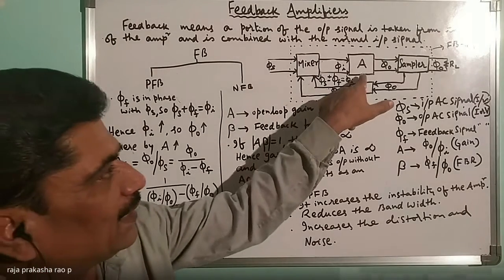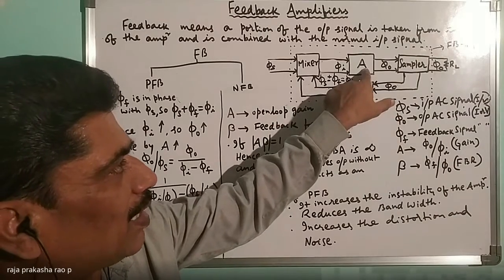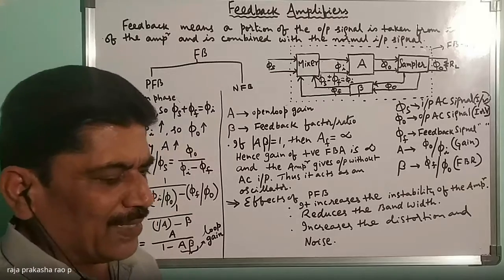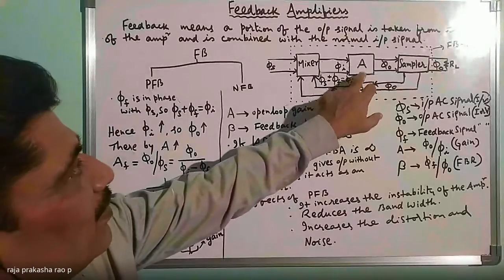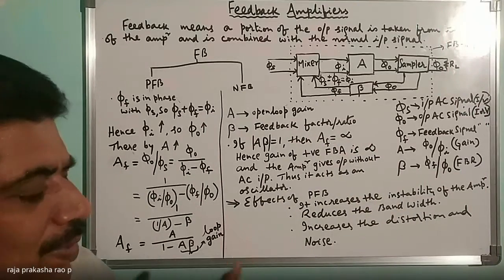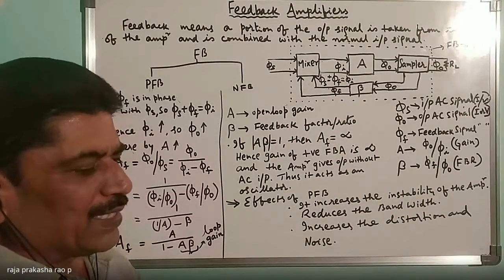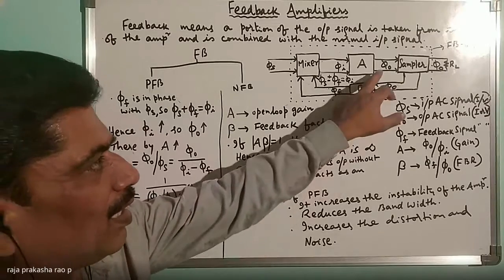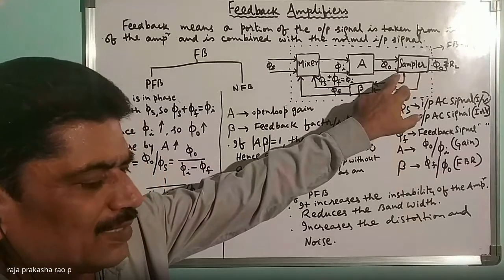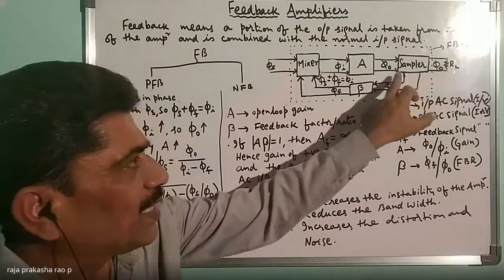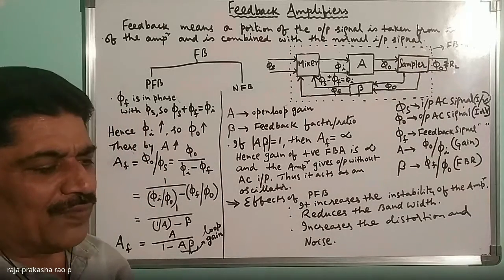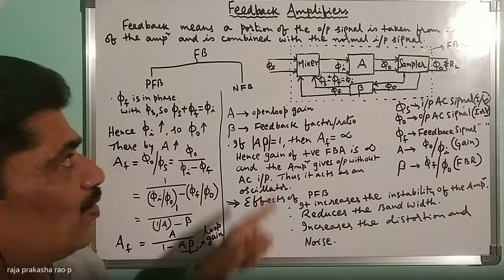Here you look at this board now. Normal amplifier is there, it can be CE or common collector or common base. This is the amplifier here. Okay, what we do in the feedback, we'll take a sample, a portion of the output signal. Where is the output signal available? Output signal is available in the output section, right? This is the output section which has got a sampler. So from this we will collect a small portion of the output signal and that is fed to the input.